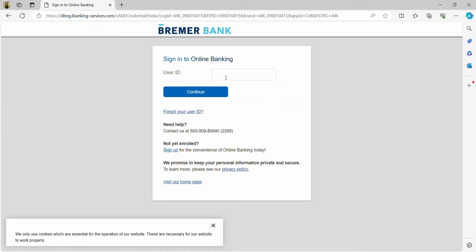Over here you just need to enter your user ID and just click on the continue button. After that you will be taken to the new interface again. Over there you just need to enter the password, and once you click on the login button you will easily